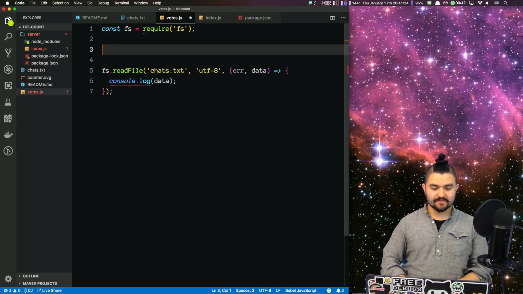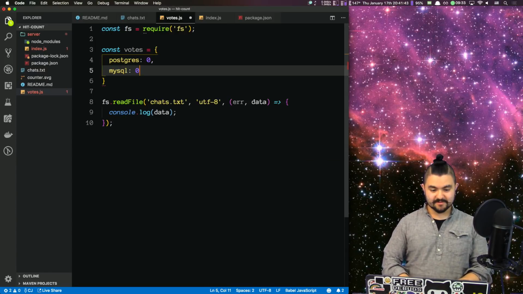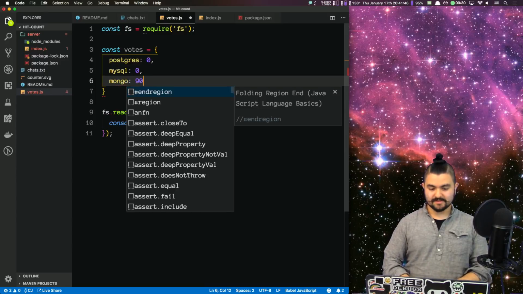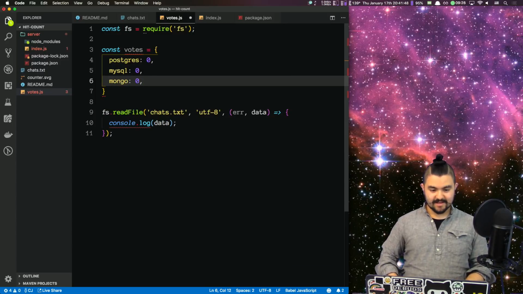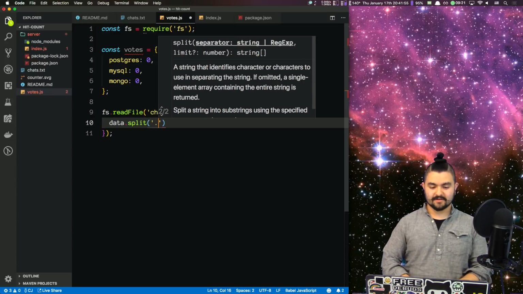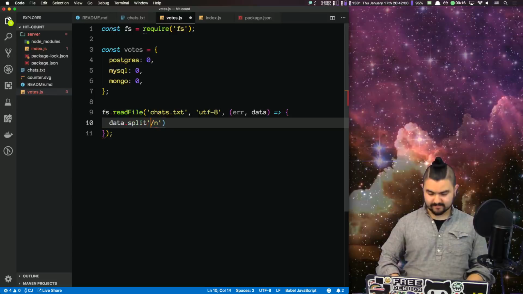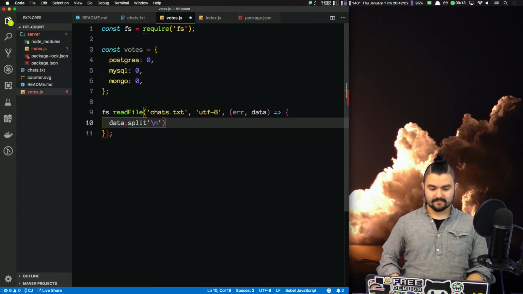We need a place to store the votes. So let's say Postgres starts off at 0, MySQL 0, and Mongo 0. And here's what we'll do. We'll say data.split on newline. Wait, is it? No, it's that. So split it on new lines. And then for each line,